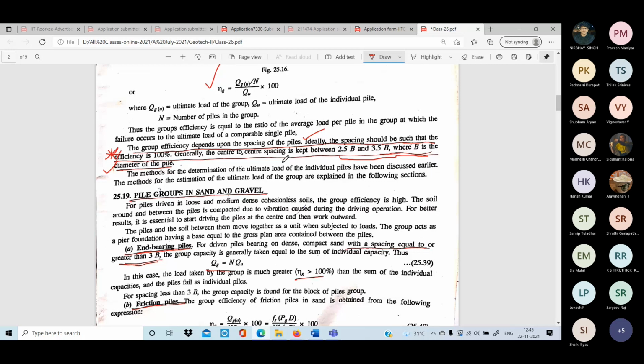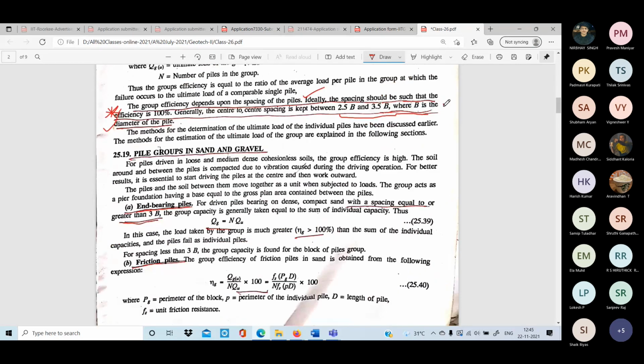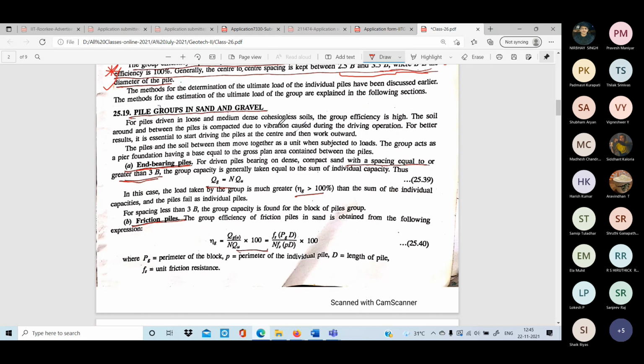If it is less than this, then what happens? It reduces. If it is more than this, what happens? It may increase capacity. It will behave like an individual pile. Understand? It will behave like an individual pile. Now, how to find the pile capacity of this one? For a general group of piles in sand or gravel, either we consider the n end-bearing piles, so for all individual pile capacity we multiply by n, and sometimes the efficiency may be greater than 100% of the sum of the individual piles.